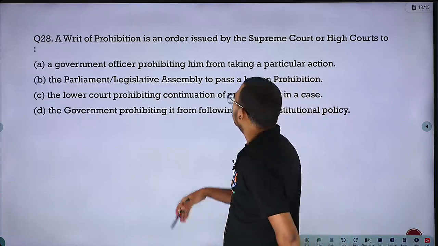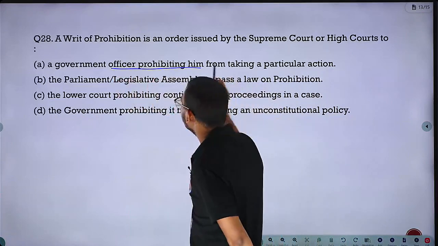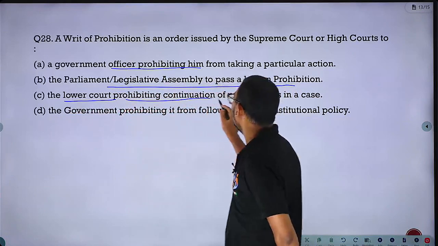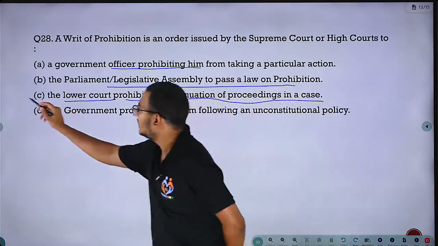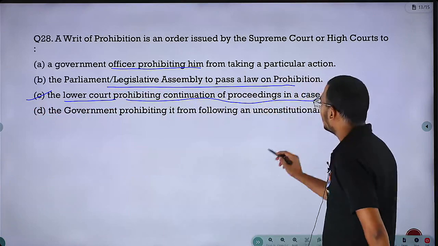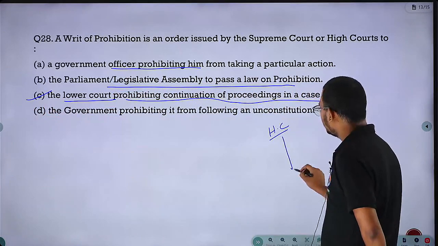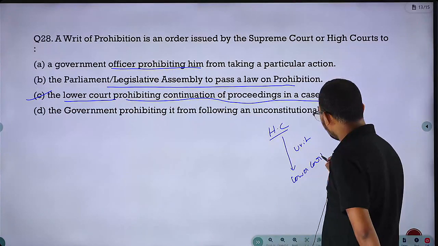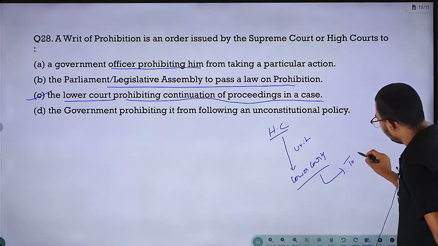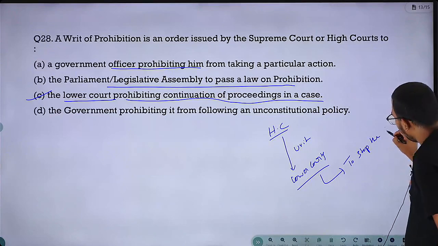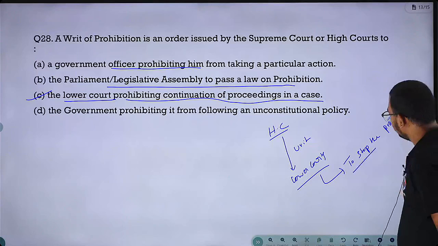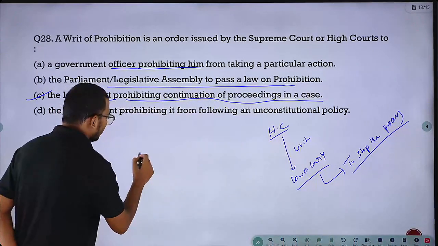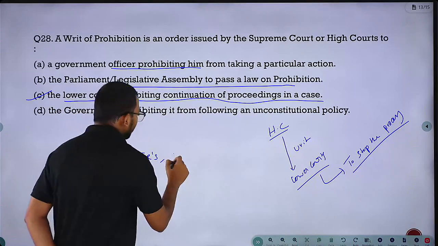So it is talking about a government officer prohibiting, no. Parliament, legislative assembly to pass, no. The lower court prohibiting continuation of proceedings in a case. Yes, this is the correct statement. So in prohibition, higher courts will issue a writ to lower courts to stop the process. So with this, we are done with all the previous year questions of fundamental rights, DPSPs,